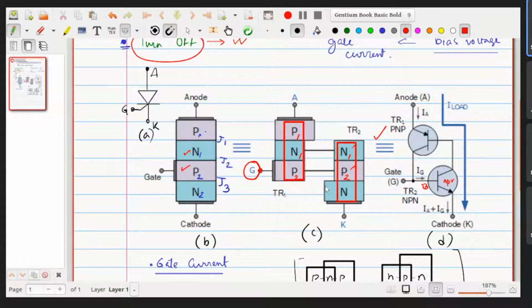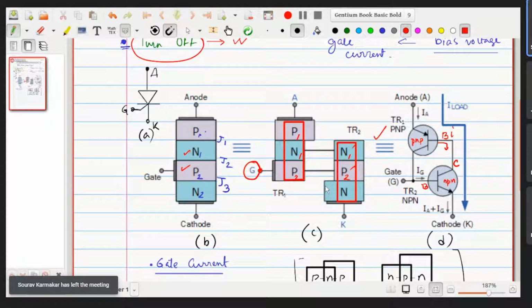This is the NPN transistor and this is the PNP transistor. So for the PNP transistor, this is the base of the device. It is being fitted to the collector of the NPN. So at this point you observe